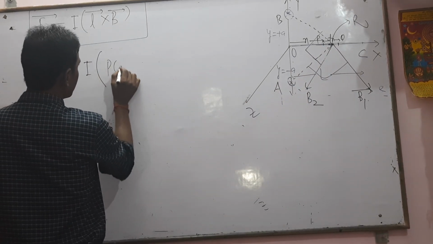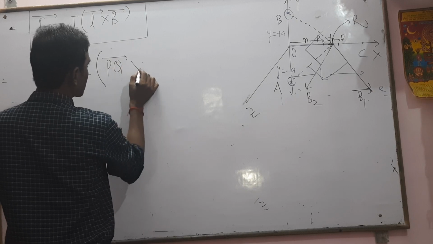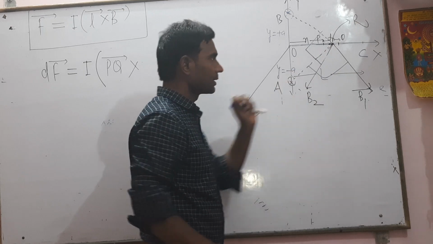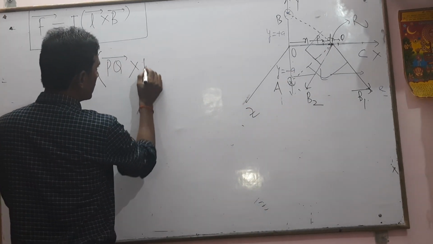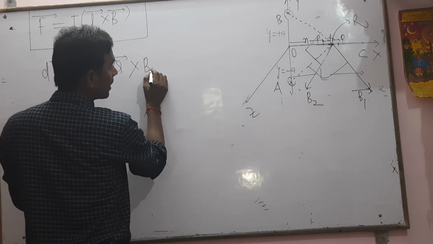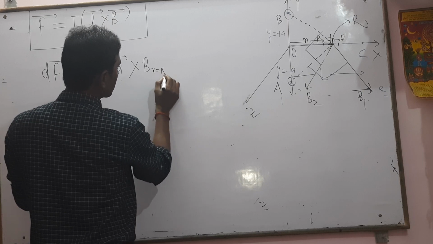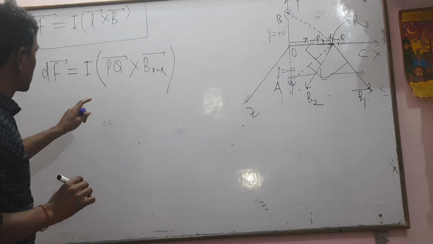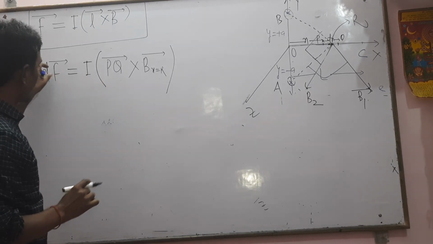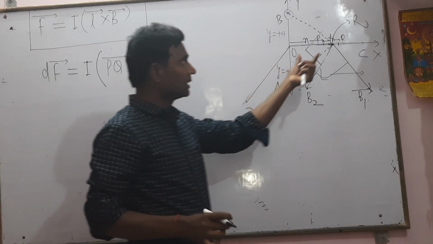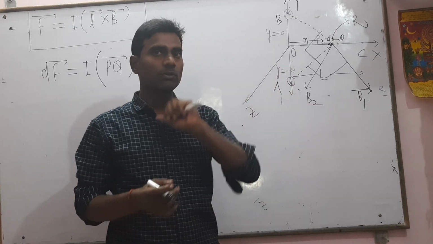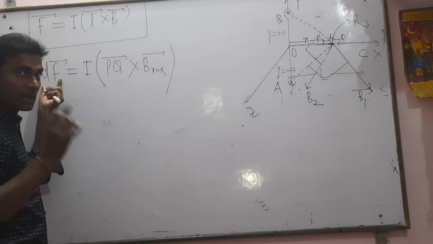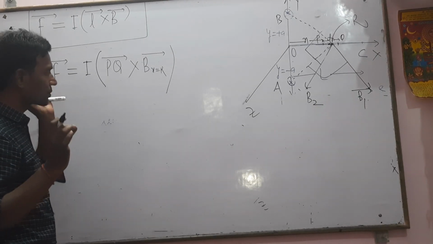Means this will be the PQ vector cross magnetic field, magnetic field at R point means magnetic field at x equal to R point. Okay, vector. So you can say this will be the variable. So also for this dx length, this PQ length, the magnetic force will be the I small magnetic force which will be equal to dF.